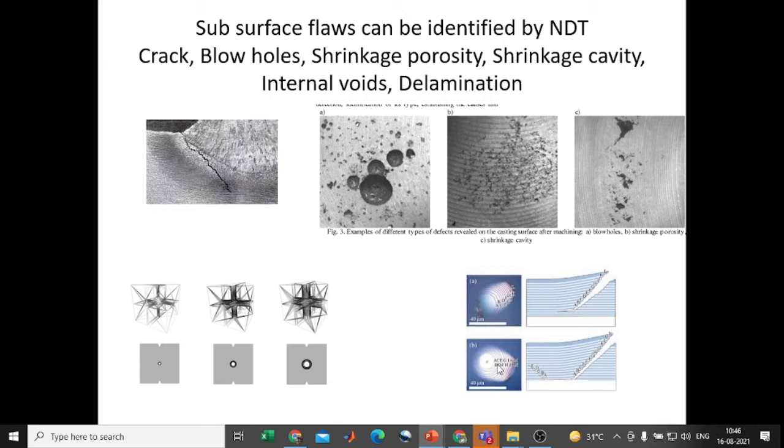And in the lower right corner there is a delamination or peel off. These kinds of defects are also found in composite materials, so we can identify this kind of delamination with the aid of non-destructive procedures. Delamination means the extra projections on the material surface due to the improper arrangement of layers of material with each other. We can identify these with non-destructive procedures, such as the ultrasonic testing procedure.